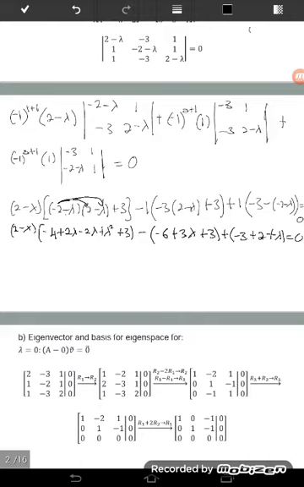Okay, and then after that simplify. So simplify, you will have 2 minus lambda, and for this one negative 4 plus 3 minus 1, positive 2 lambda minus 2 lambda is 0, plus lambda square. Then for this one minus negative 6 plus 3, so negative 3 plus 3 lambda, and for this one plus negative 3 plus 2, which is negative 1, and here plus lambda, which is equal to 0.